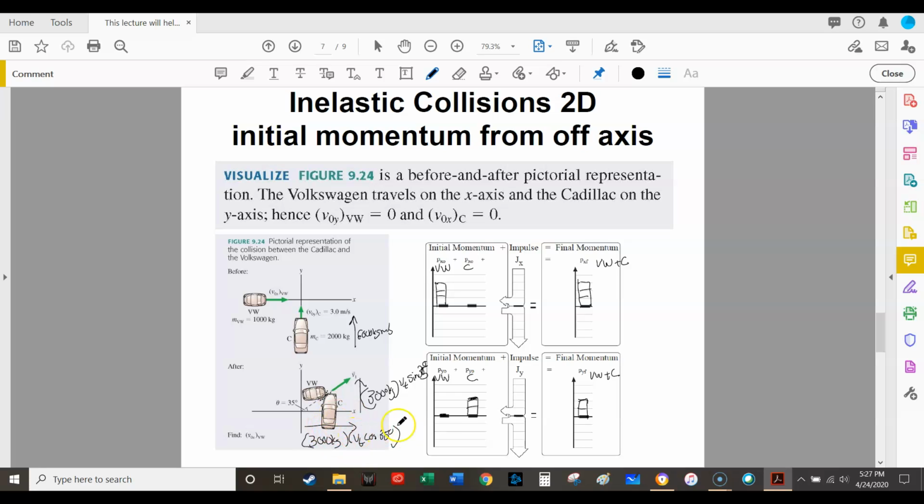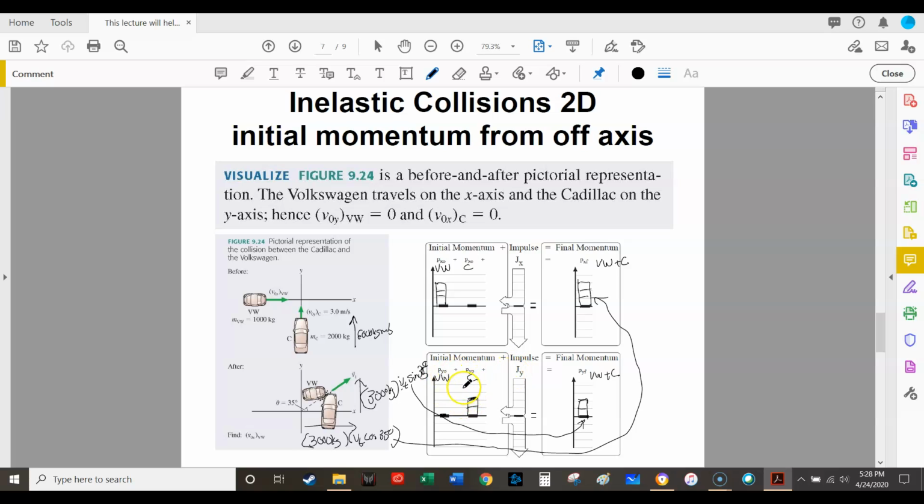And so this represents the momentum in the y direction right here, and this represents the momentum in the x direction right here. Should be careful, those two lines look like they join. Okay,